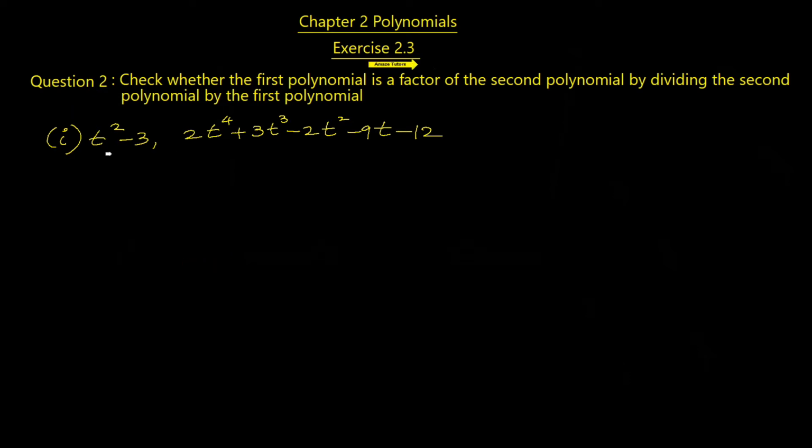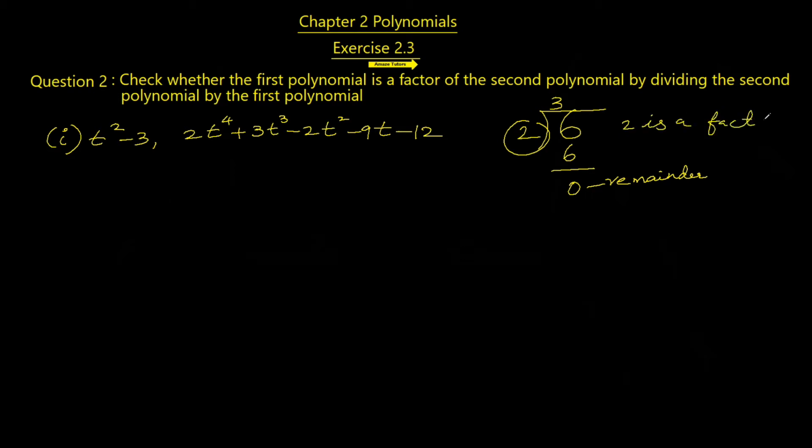You remember the concept of factors, right? I'll give you an example using numbers. For example, if you are dividing 6 by 2, what is the answer? 3 2s are 6 and the remainder is 0. Only when the remainder is 0, we can say that 2 is a factor of 6. Then only it is completely divisible by 2. If the given number is completely divisible by the divisor, we can say that it is one of the factors of the dividend. In this case, 2 is a factor of 6 because the remainder is 0.